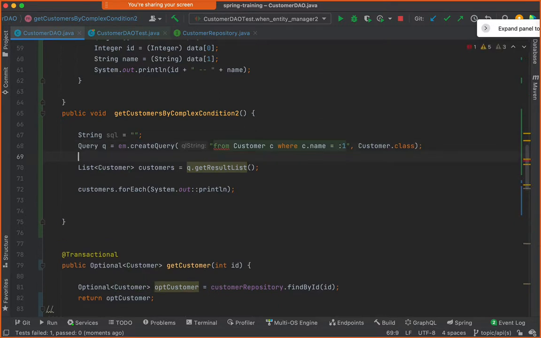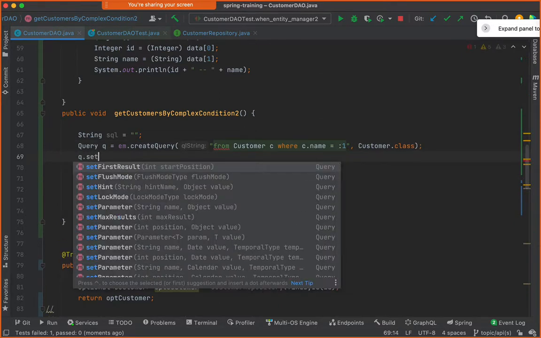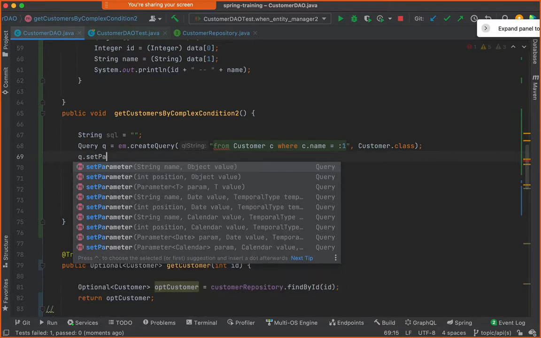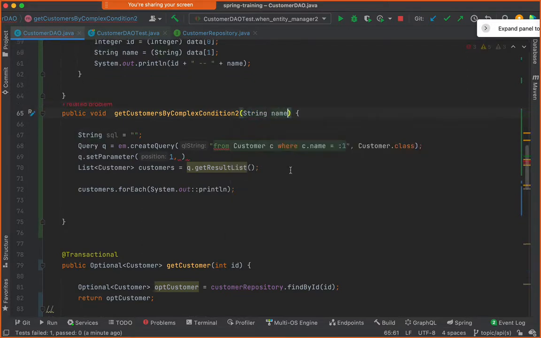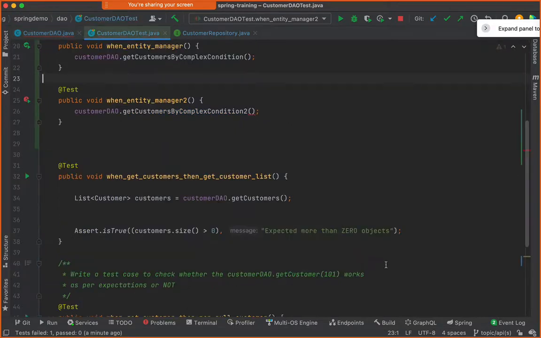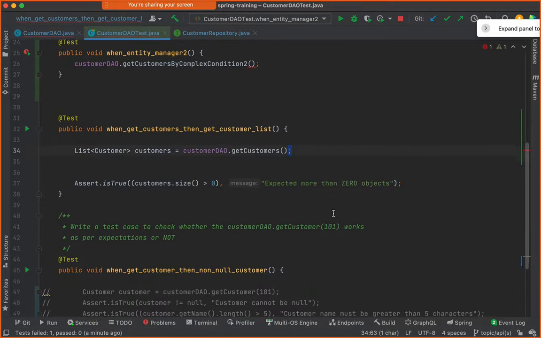What does this mean is that I will have to say q dot set parameter, okay, and then the position would be 1, the first position, and the value of that would be whatever value is passed as a parameter here. So I'll say string name, and I will pass that name as a parameter here. Correct? And then I will execute the results. So let me go back to my test, and I will